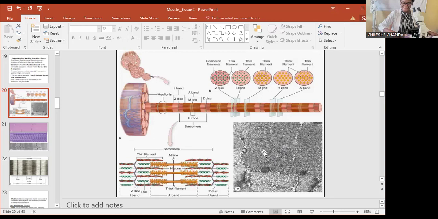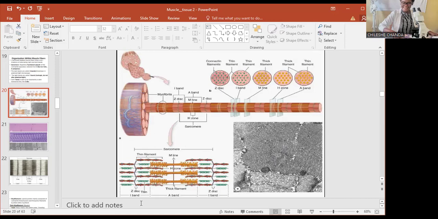The other thing you have to know is, by the way, this is one sarcomere up to here. From this Z disc to another Z disc, this is one sarcomere. This is another sarcomere. From this Z disc to the next Z disc, that is another sarcomere. From this Z disc to another Z disc, that is another sarcomere. Now, when you cut these sarcomeres in the transverse section,